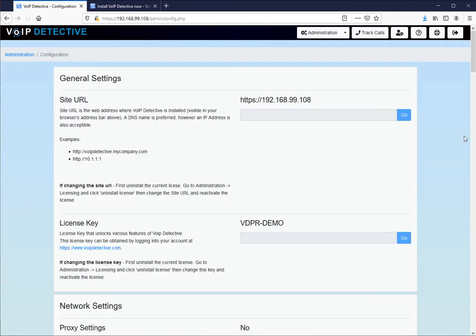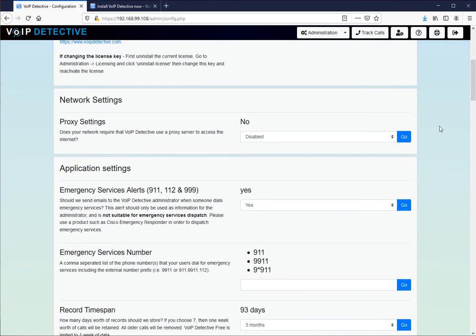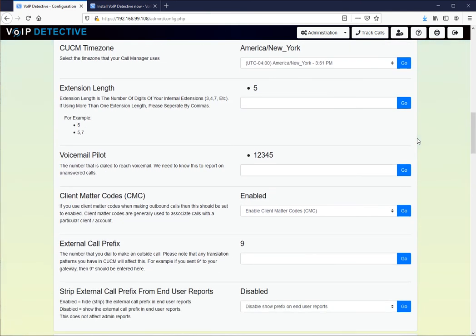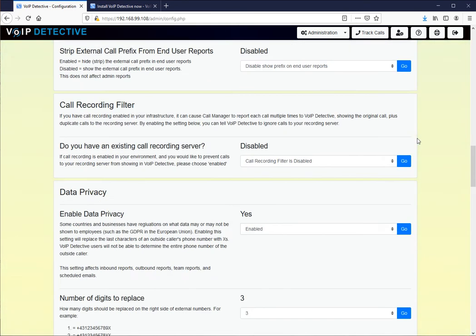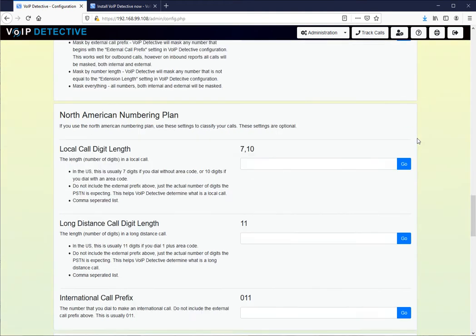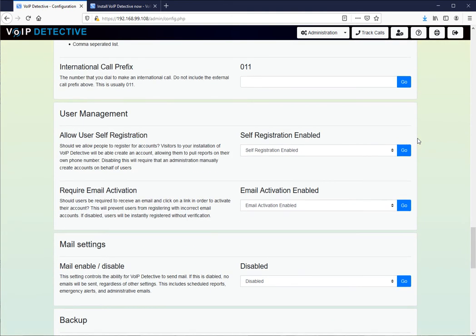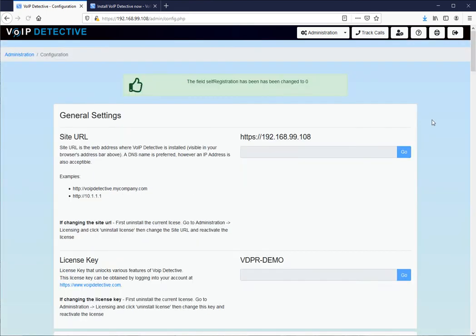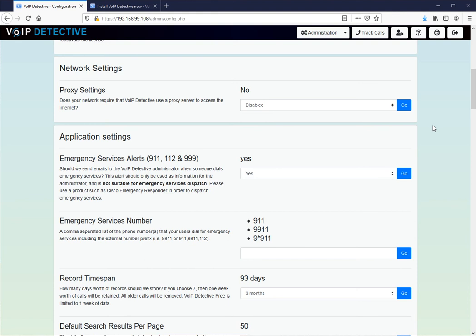The configuration page is where you do the general configuration of VoIP Detective. There are a number of settings that you can go through and set up initially, where we turn on and turn off different options. We can do things like disable self-registration. We can enable